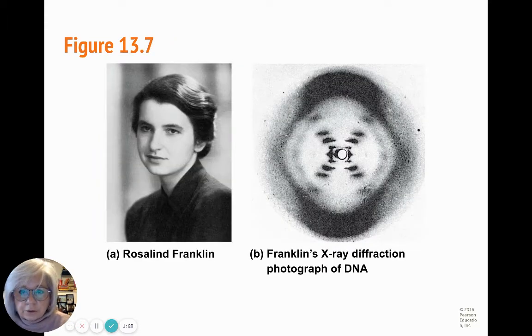So the structure, I told you about in the previous screencast that Watson and Crick showed that it was a double helix by building models, but they had the idea to build it as this double helix because of the data that was collected by Rosalind Franklin. She did this in the late 40s, early 1950s. She was a skilled